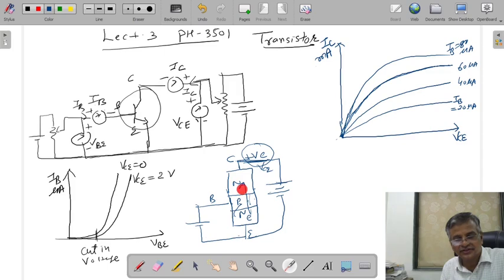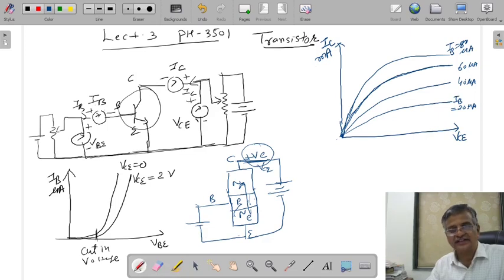Under the influence of the electric field at the collector, or the positive voltage at the collector, or you can say the reverse bias voltage at the collector, whatever number of electrons is coming into the collector, all of them will go here and you will get this collector current. So as VC increases, your IC increases. At a certain value of VCE, the collector current is saturated. Now, the second one we want to discuss.